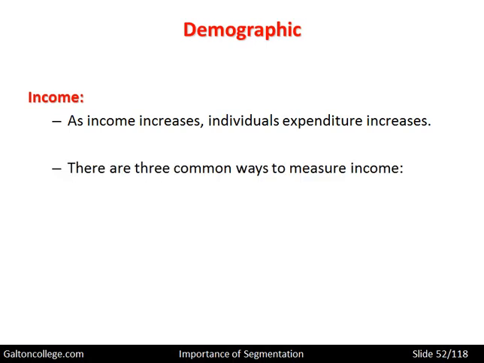There are 3 common ways to measure income. Looking at total income before tax, that's what people earn, but then they have to pay tax, because tax is taken by the government to redistribute to other people who are less well off. Or it needs tax to have a military presence to save the country in case it's attacked, or to build roads, or build up the infrastructure of the country. So tax for various purposes.